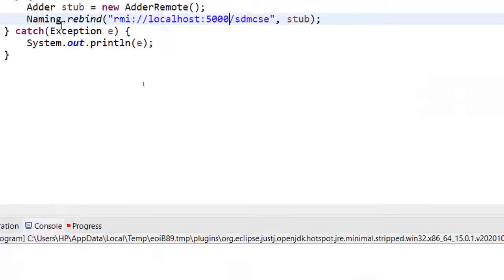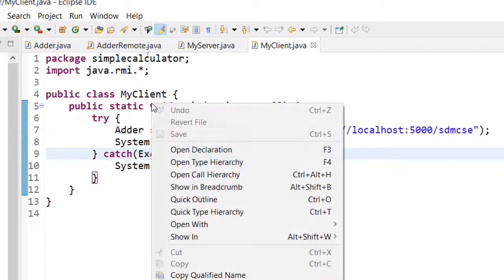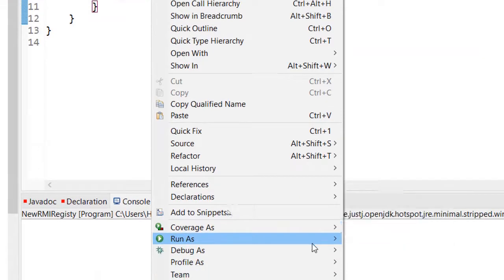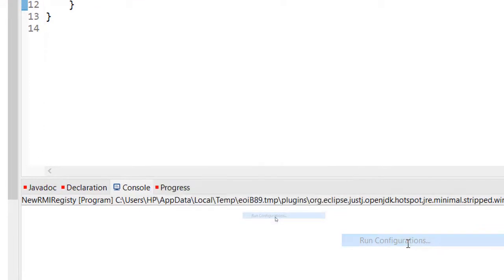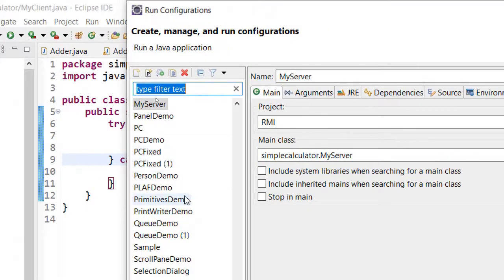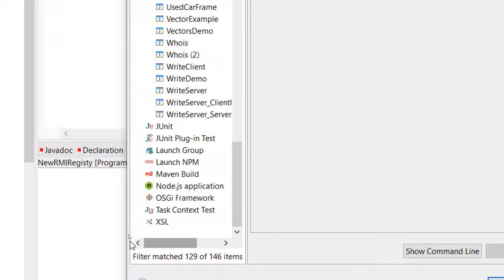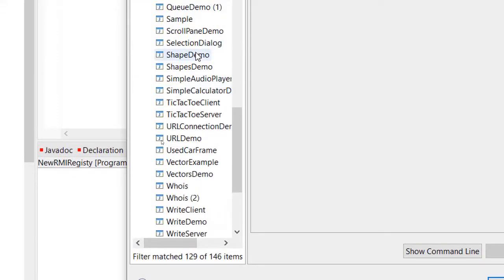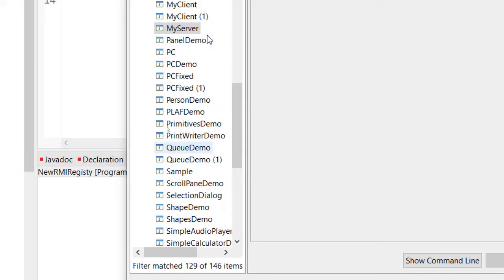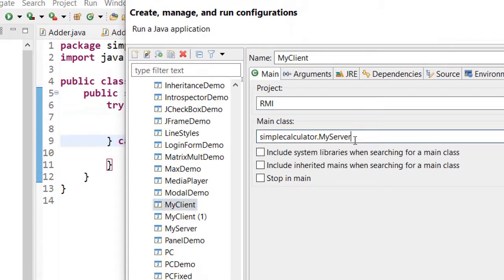Now the same configuration is true for the client program also. So similarly, I will right click on the myclient.java program, go to run as, run configurations. So you will notice the same thing which has been pasted here. So this is my, it should be my client. I think, one second, is it there or not? I am just going to check. My client should be there. Yeah, so it is here. So it is this one. So my client, it was actually pointing to the wrong file. So the main class is my client.